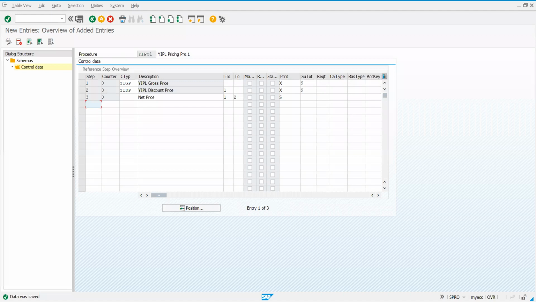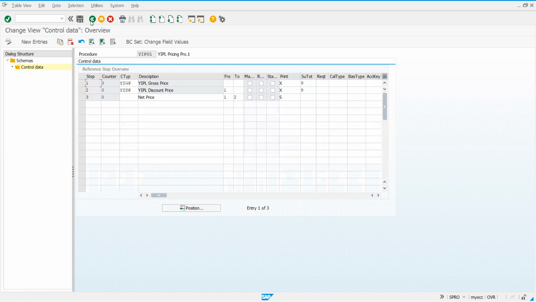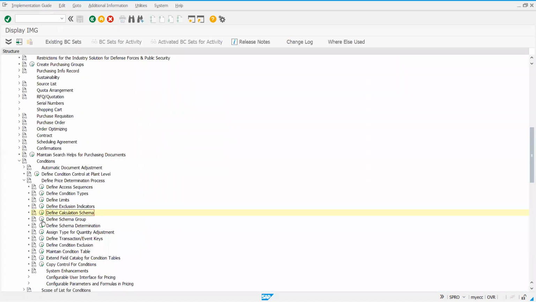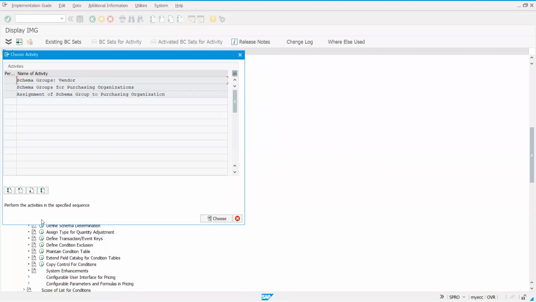I'll save it. So this is defining the calculation schema, how calculation is to be done. After defining the calculation schema, the next step is to group this procedure with vendors and purchasing organization. So define schema group. Next step, make a note, define schema group.